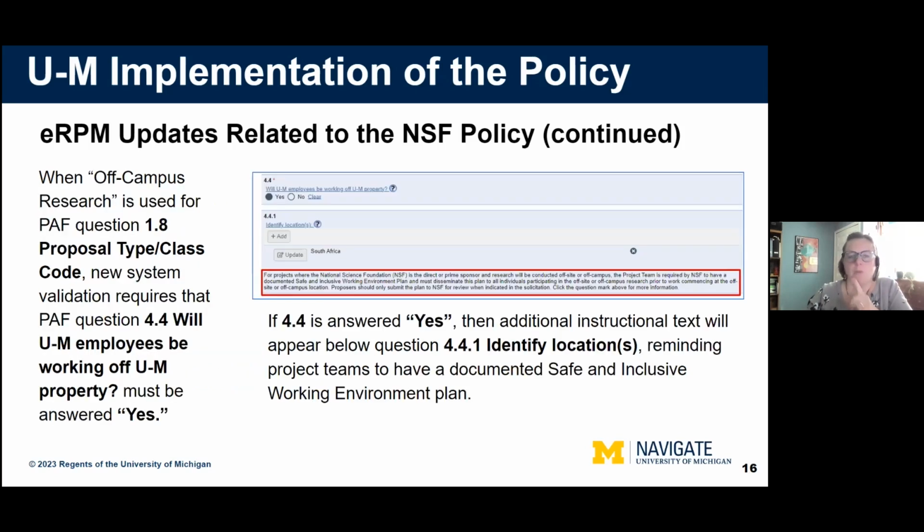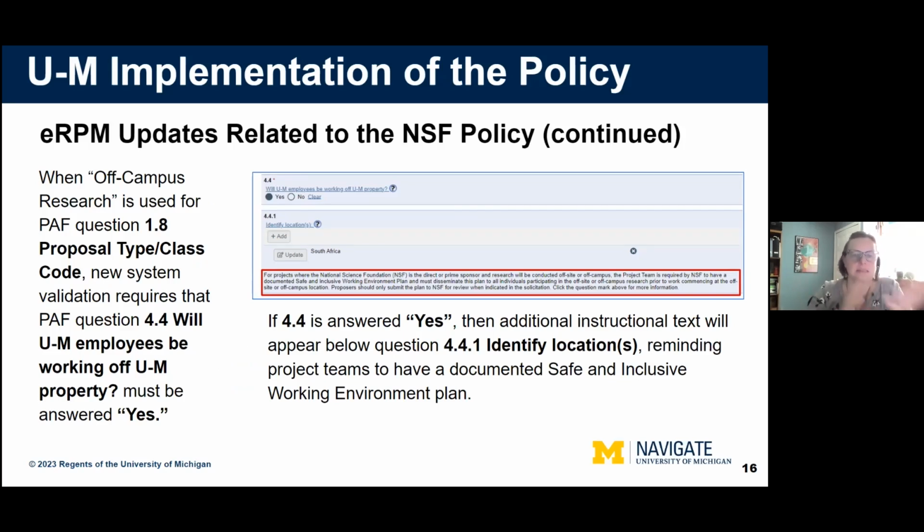So one other thing to note is that in the ERPM updates, there's also now a system validation that requires that if you answer off-campus research to question 1.8, you must also answer yes to question 4.4, will U of M employees be working off campus?